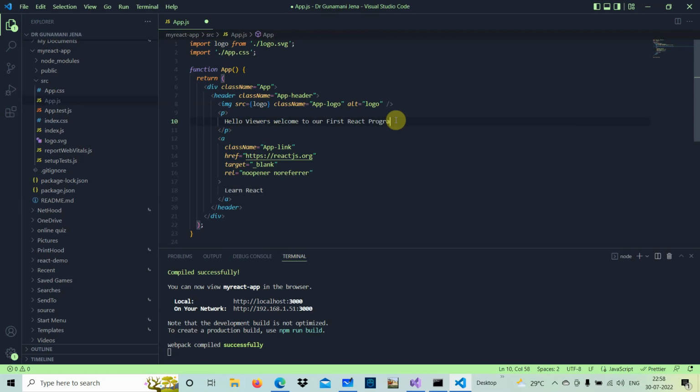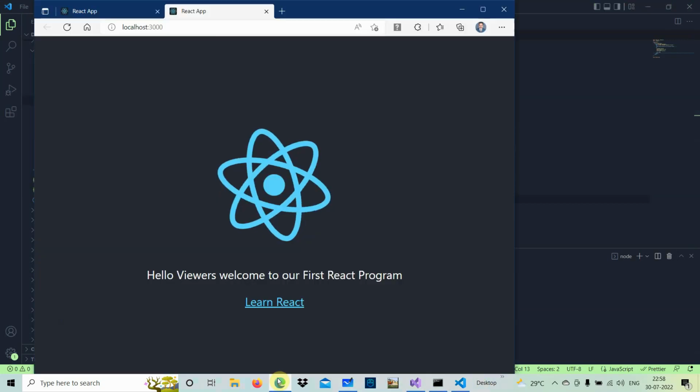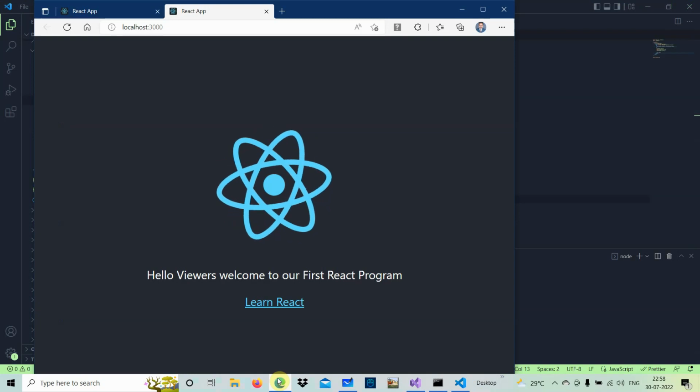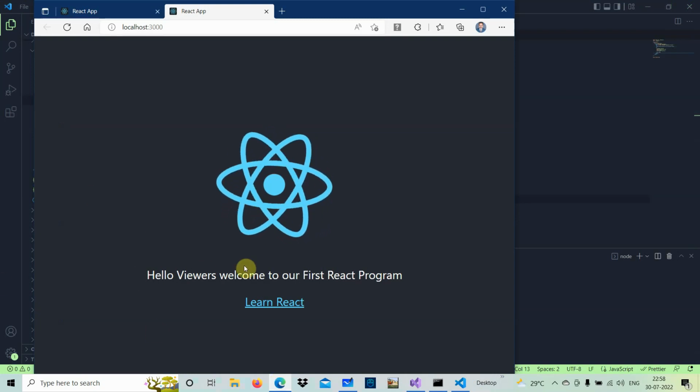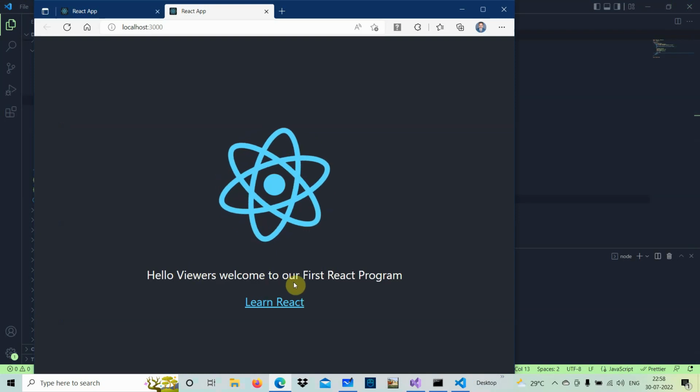Fine. So these are the things you have done here. To save it, it saves automatically, otherwise you can just save with Ctrl S. Then if you see here while it is running, it automatically shows hello viewers, welcome to our first React program. Can you see here? Previously it was different, now it has come as hello viewers, welcome to our first React